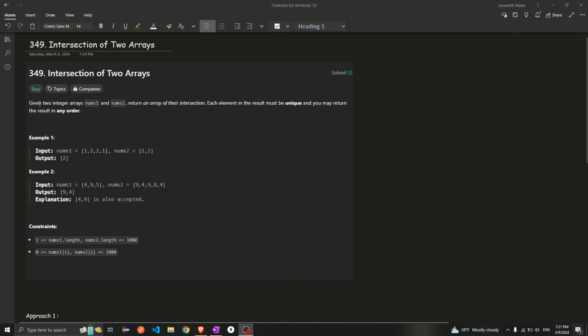Today we're going to solve this Leetcode question, which is intersection of two arrays. In this question we're basically given two integer arrays, nums1 and nums2, and we need to return the array of their intersection. Each element in the result must be unique, and you may return the result in any order. So basically we're given two arrays and we need to return the common elements in both the arrays, but